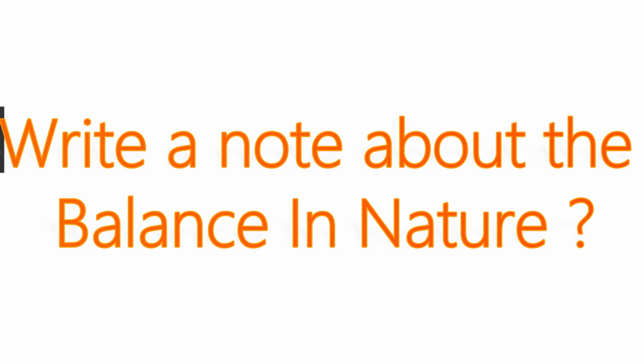Sixth question. Write a note about the balance in nature. Plants and animals are interdependent. So, if trees are cut down, there will be less oxygen, less food for herbivores, and less shelter for animals. If we hurt and kill animals, there will be less carbon dioxide and the soil will be less fertile. So, we must plant more trees and protect our animals.